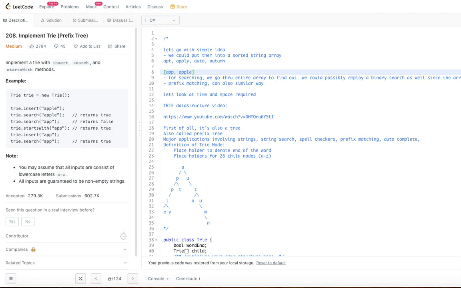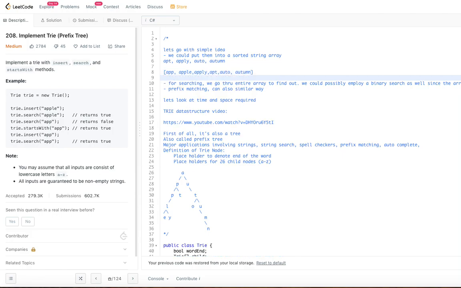Apt will come here, and then apply will come here, auto will come here because they are sorted. Autumn too. Now this is our full array. We would be able to do the search and startsWith operations fairly easily on this.